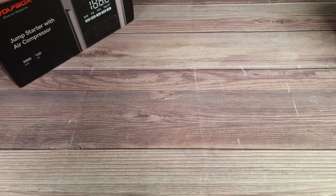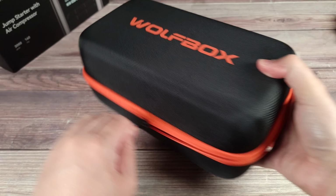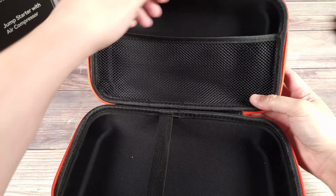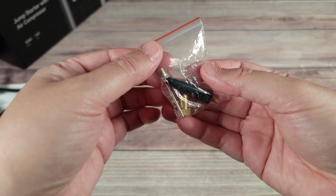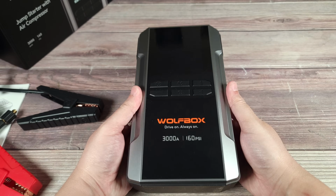Alright, so taking a look inside the box, everything comes inside of this nice carrying case, which has a zipper on it. As you can see inside, you have a lot of storage space, and then you also have space right here to store cables and other accessories for the unit. And inside the case, you get the user manual, your jump starter cable, a USB-C to USB-C charging cable, your hose for the inflator, different attachments to use with the inflator, and then last but not least, you have the